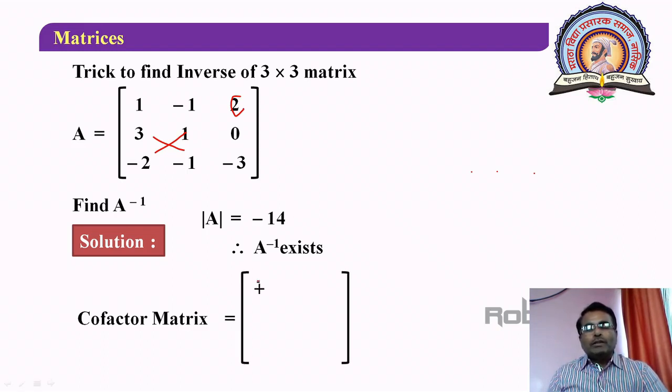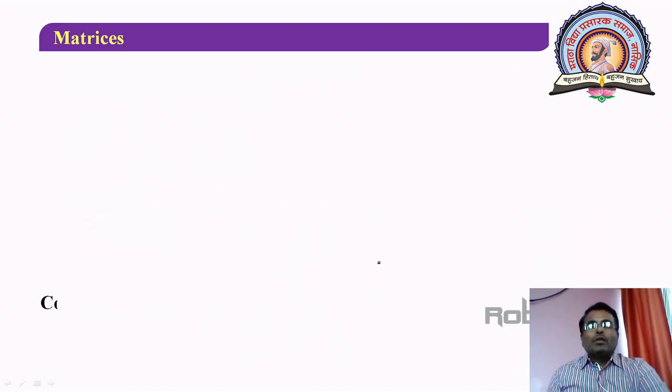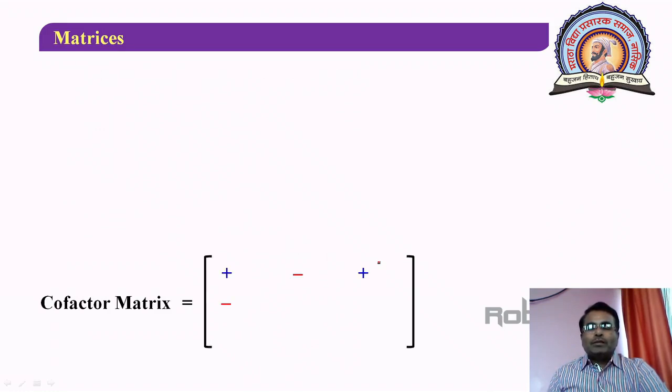We know that here the position is A11, so plus sign, A12 it's a minus sign, A13 it's a plus sign again. This way you can consider a sign rule for the cofactor matrix, and whatever may be the minors, those if written along with these signs will give you the required cofactor matrix directly. So here what's your cofactor matrix? So plus minus plus, minus plus minus and plus minus plus. How to remember this? Just start with the plus sign and alternate plus minus signs in the rows or in the columns. That you have to remember. Okay, and other signs are also alternate.